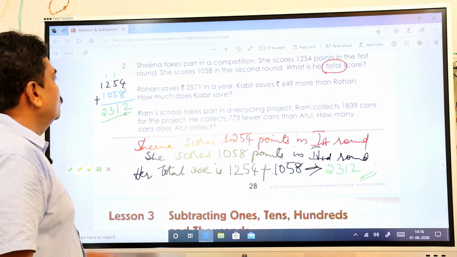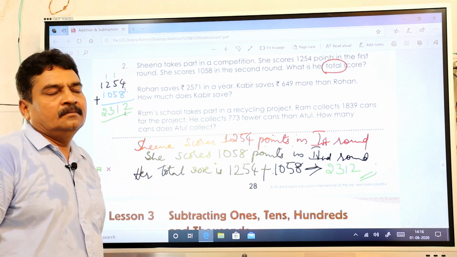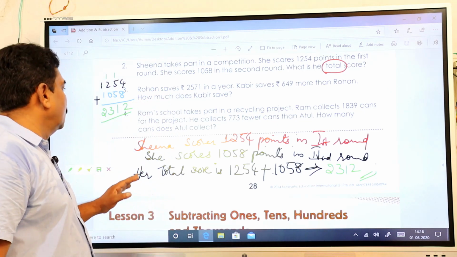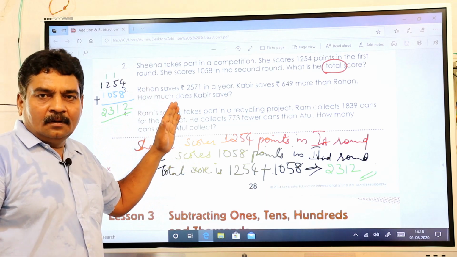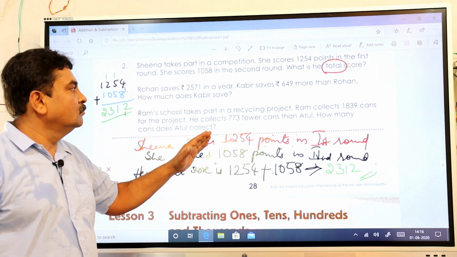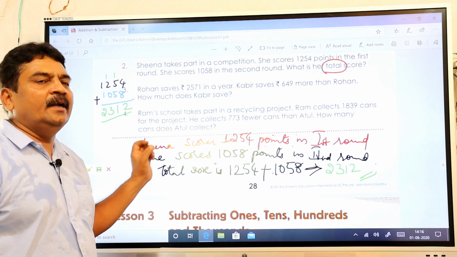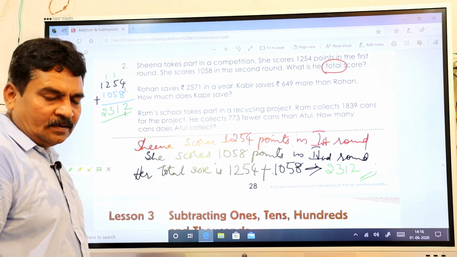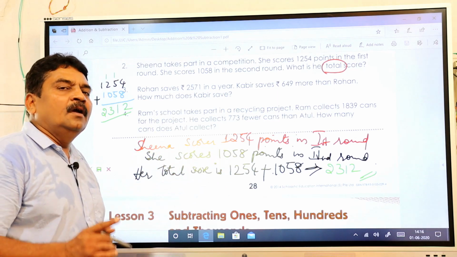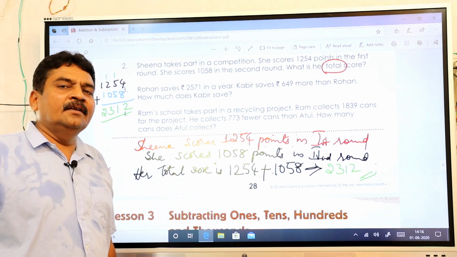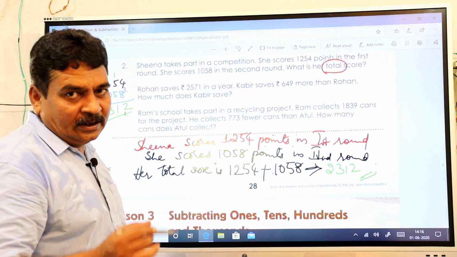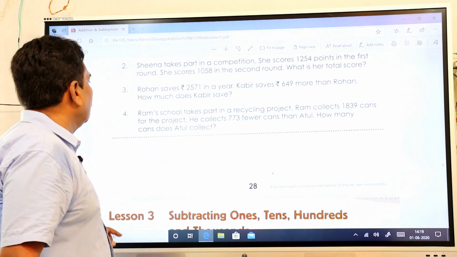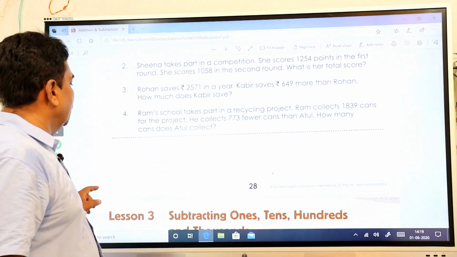Okay, let's do this one and this one. When I do the next one, automatically this goes off. So before that, please pause the video and copy in the rough book first. First you copy in the rough book and then do it all in the fair notes, including homework and classwork. Everything you should do in classwork. Then go to the next one.